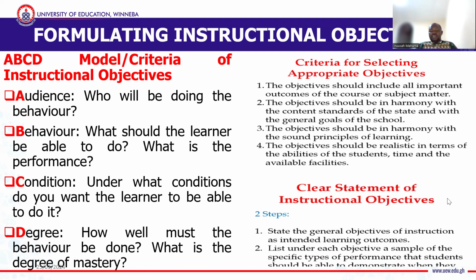And the condition, that is the C. Under what state would you say that they've done or not, or they've achieved your aim, or they've achieved your objective or not? Under what condition? Is it a pen and paper test? Is it a face-to-face interaction between you and the person? Is there any activity that the person must do for you to know that indeed this is what I want you to do? Or this is what I use as base to say that indeed you have acquired what I want you to acquire.